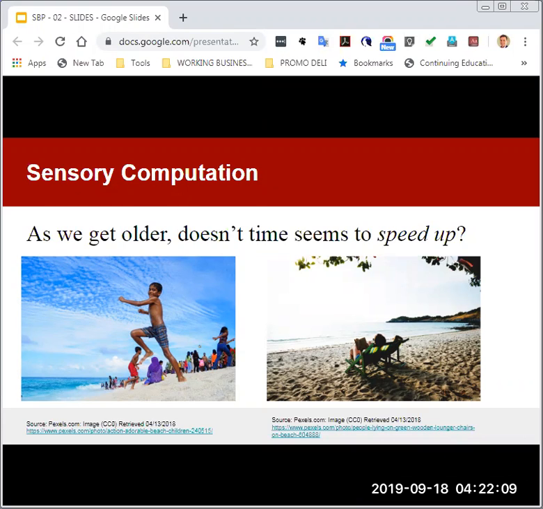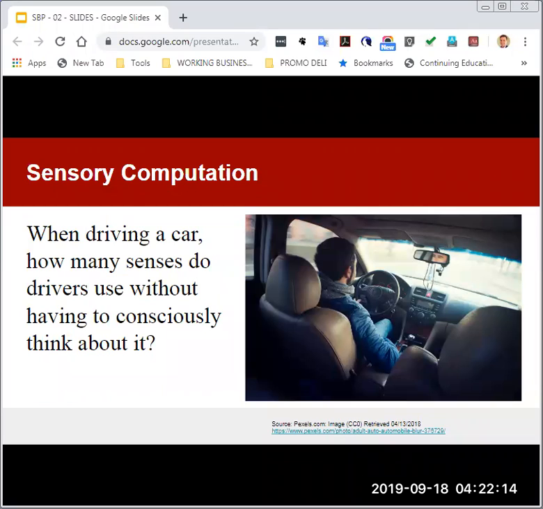So that's part of sensory computation. Your brain gets used to seeing things all the time. When driving a car, and if you've been driving for a while, you get used to navigating on roads and you get from point A to point B almost without thinking about it, right? You still pay attention to the cars on the road, the stop signs, red lights, green lights, but you know how to operate the steering wheel, and if you're using a stick shift, you would know how to manually shift. If not, you're still used to working with the gas pedal and brake. You do it without thinking about it. And this is how we operate as we get older.